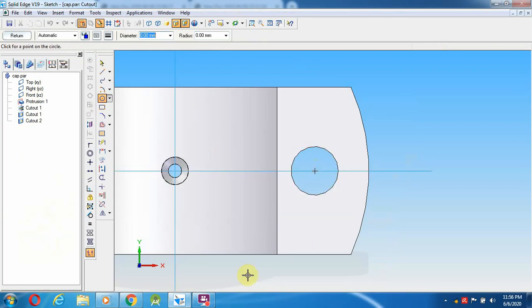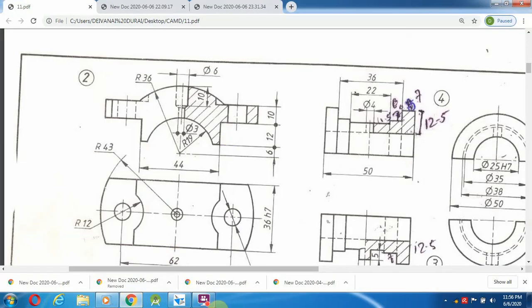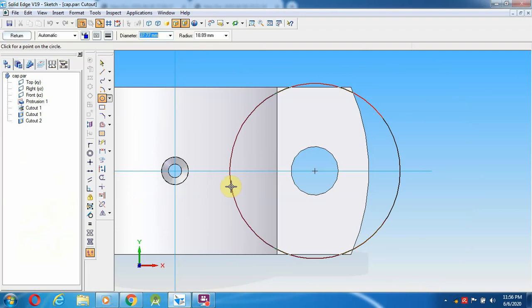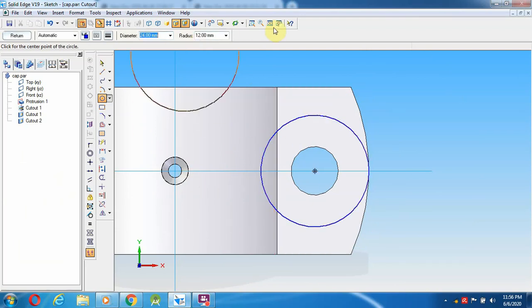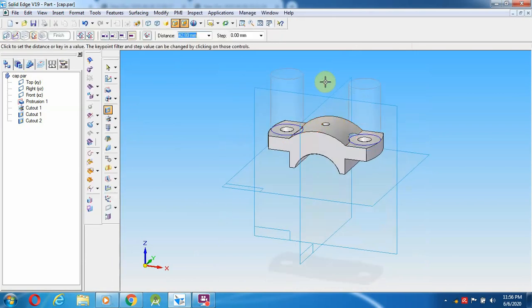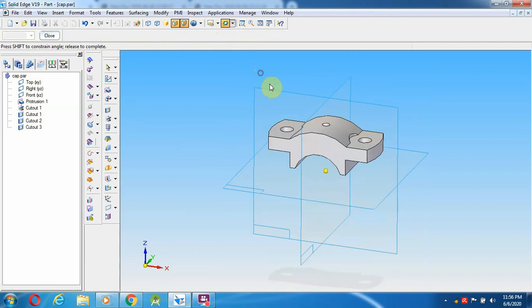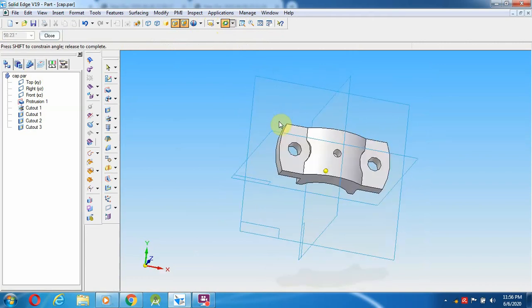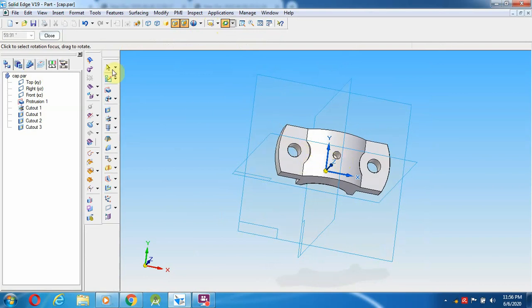From here, the given radius is 12. I'm going to give radius 12, with the other side fit, at the same center point. Give return towards up, left and right click, and rotate to see. This is how we have to create this particular portion.